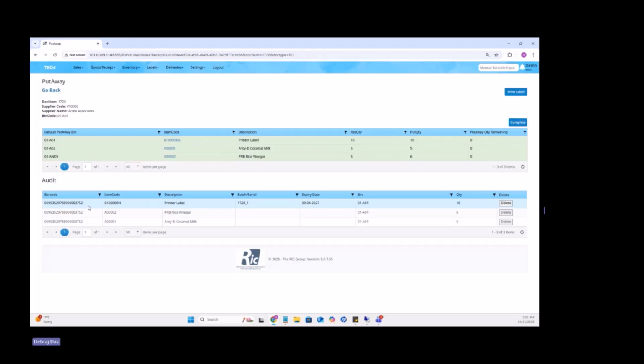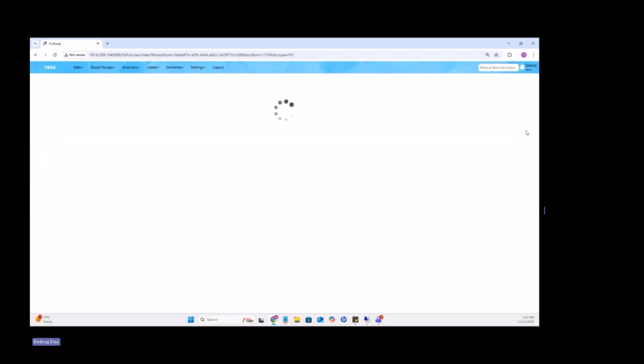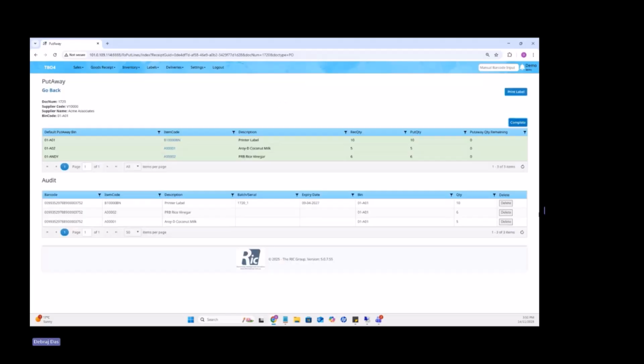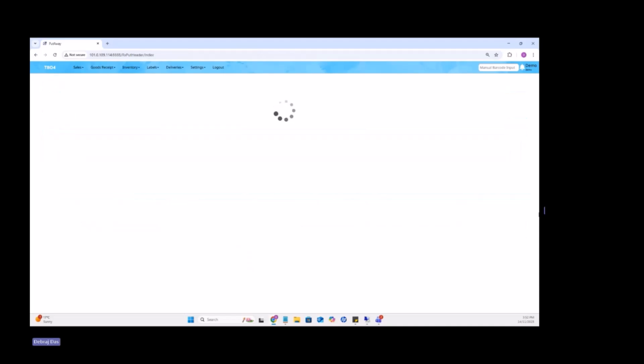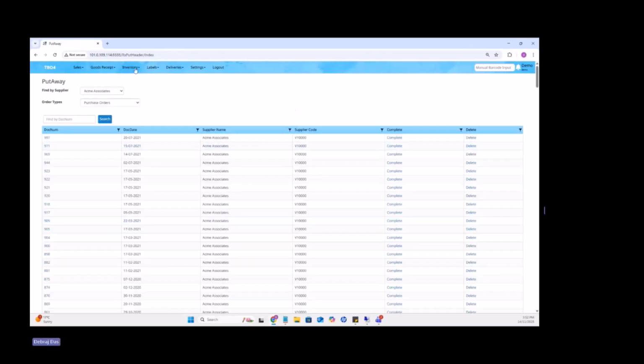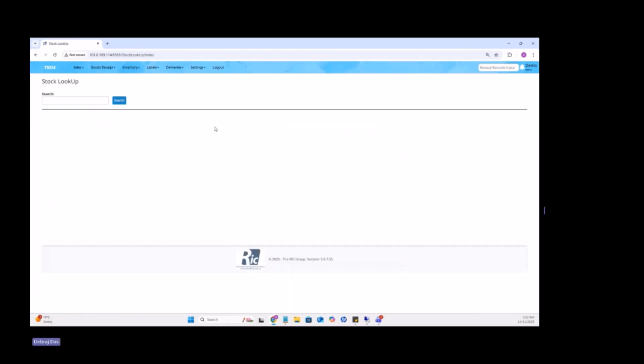You can see the barcode which is scanned was the pallet ID scan. All the respective items that we made it in the receiving against that pallet gets put away as well. So once I hit complete, the pallet is then updated with the stock against the bin. So let's go to our stock lookup feature. We scan the pallet ID here,